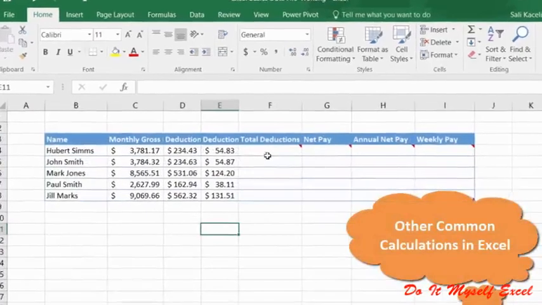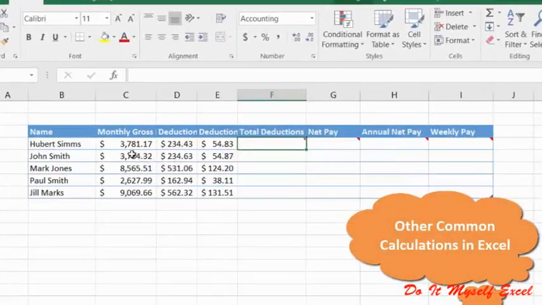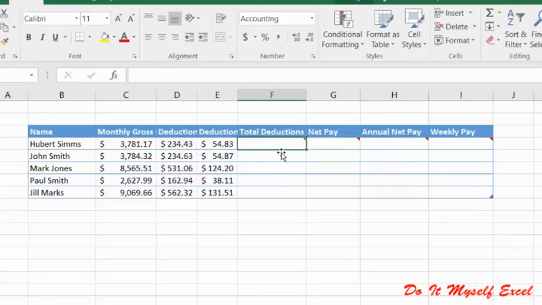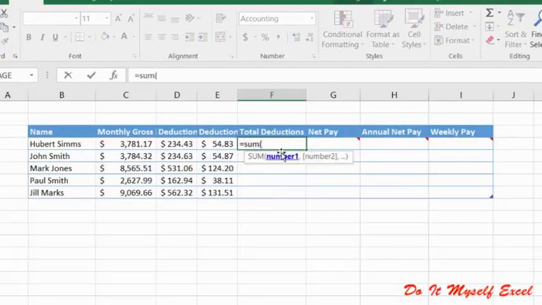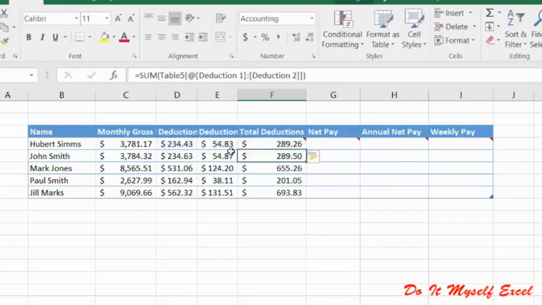So let's say we wanted to get the sum of a bunch of numbers. Notice we have here a bunch of employees, and we want to get their pay figured out, the total deduction. So this is their monthly pay, their deduction 1, deduction 2. Now we want to calculate the total deduction. This is again adding a bunch of numbers together. So it'll be equals sum, and then the first number with the next one, hit enter, and it gives me